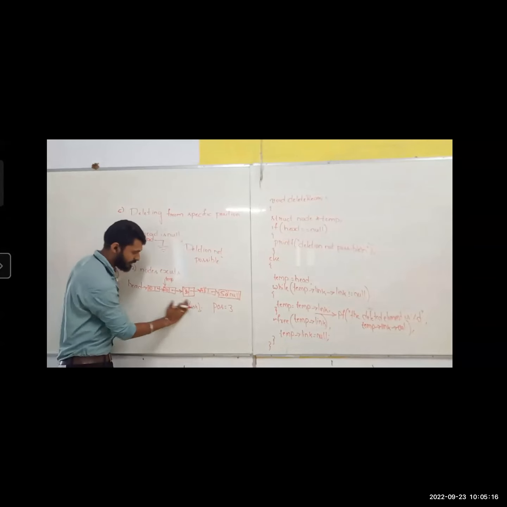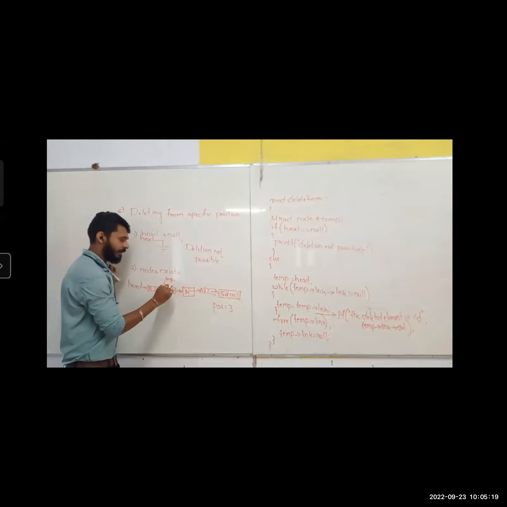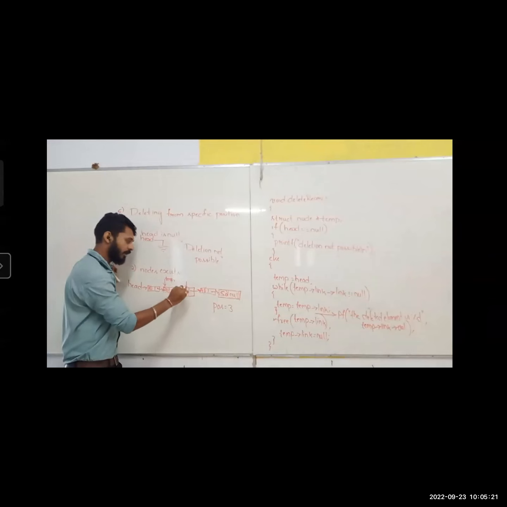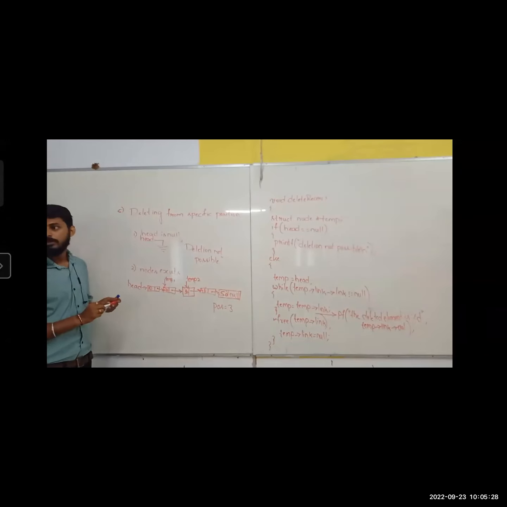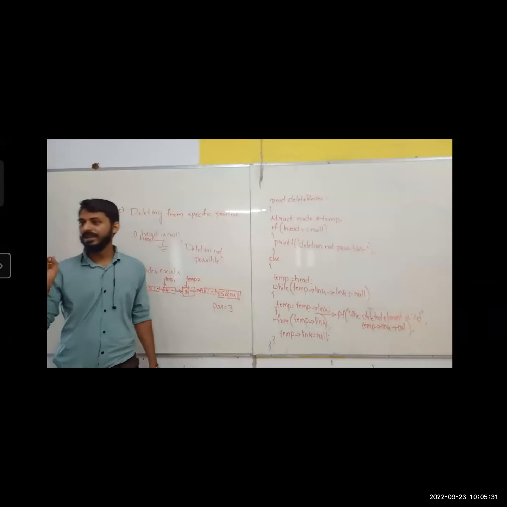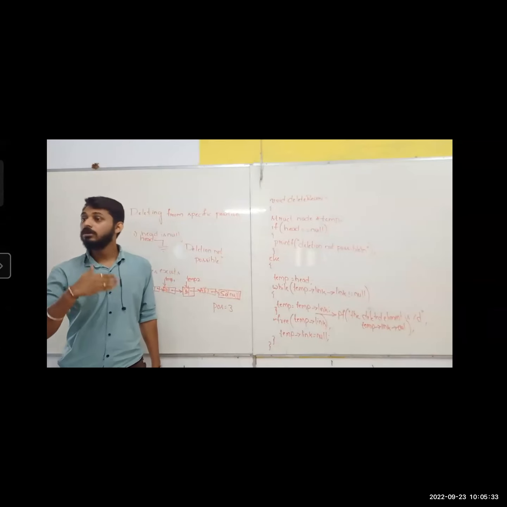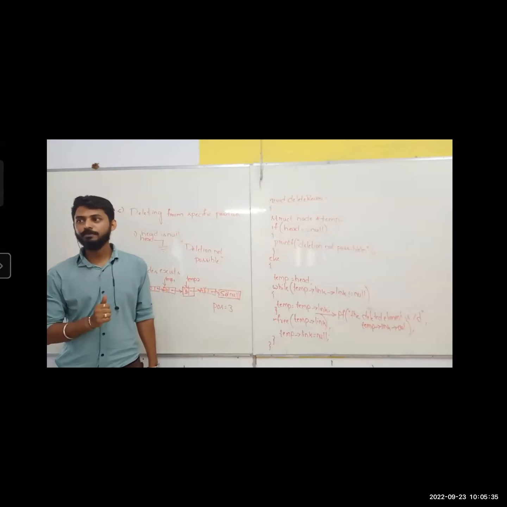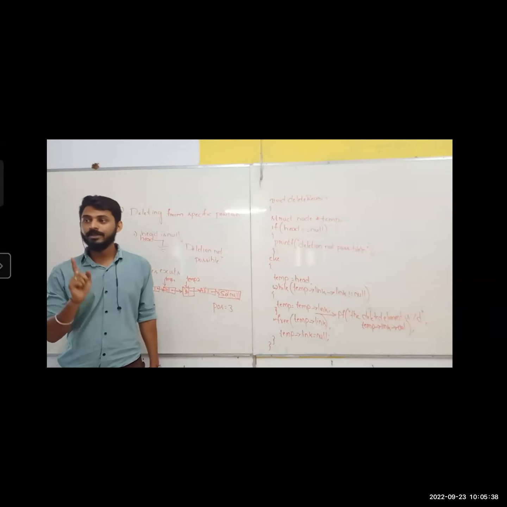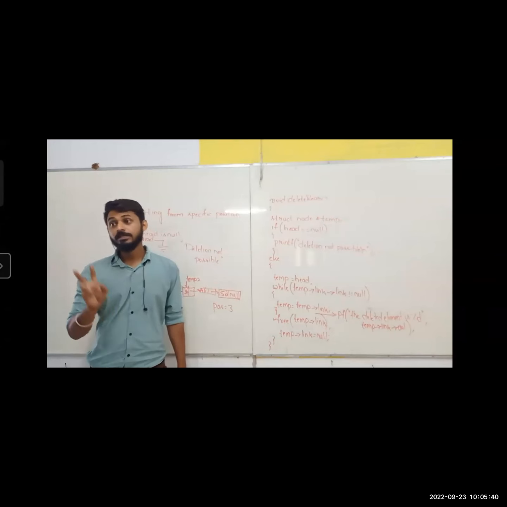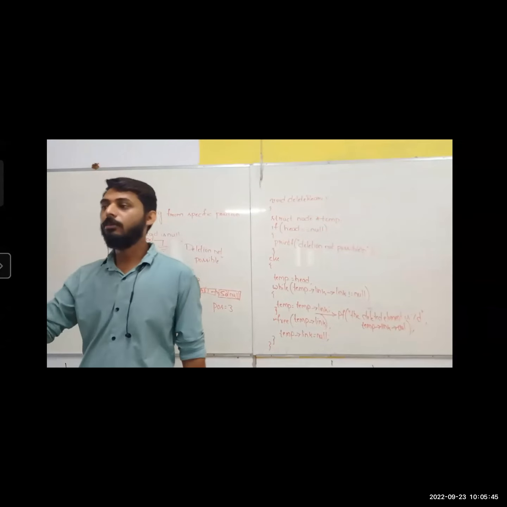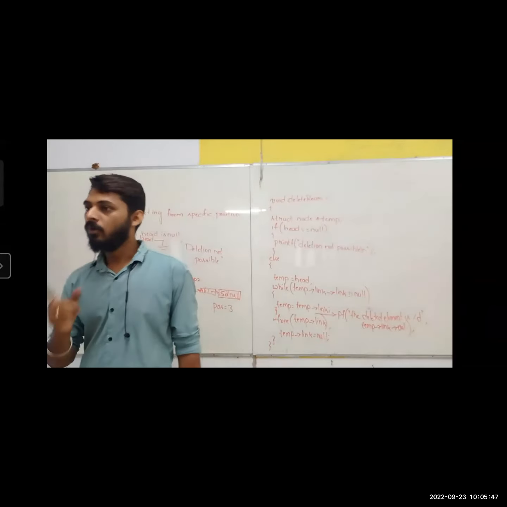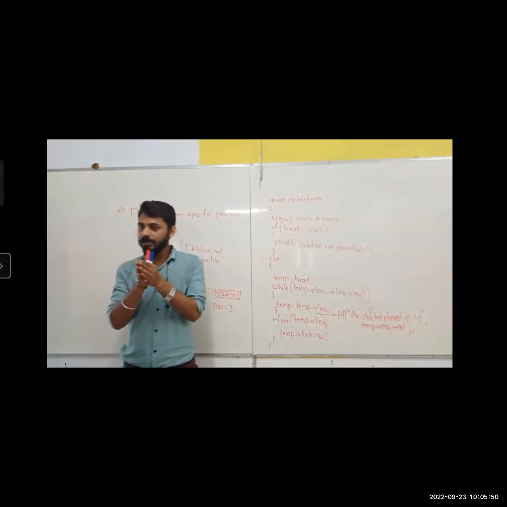How? Just imagine. Now temp 1 I'll point here and here I'll point temp 2. Step by step it is. What is the first step? If the user tells position as 3, I should go up to 2. And which pointer should I bring? Temp 1. Temp 1 should point to which location? If I want to stand at the second position, my temp should be pointing at 2. Then how many times should I move my temp? Only one time. Now temp 1 is pointing at the second node.